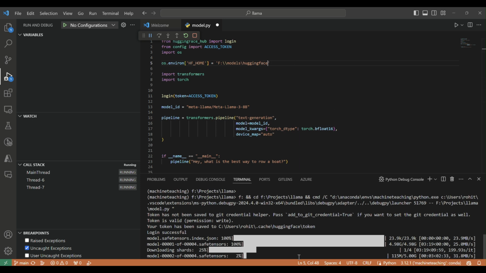Oh, this was just a shard. How many shards are there? It's 1 of 4. So guys, I'm going to skip through the entire thing. I downloaded the model without this, and the 8 billion one came to around 15 gigs. Is there a difference between the model downloaded by Hugging Face and when we directly download? I'm not sure, because when I initially downloaded even the instruct model,